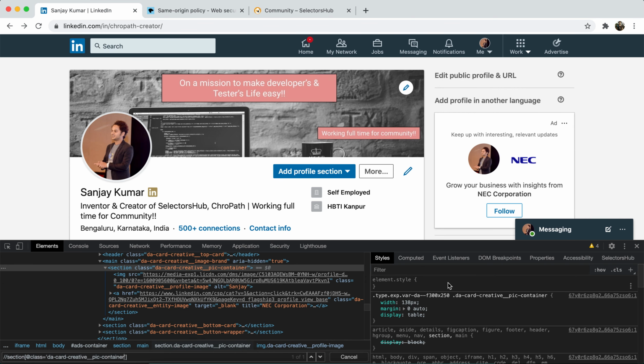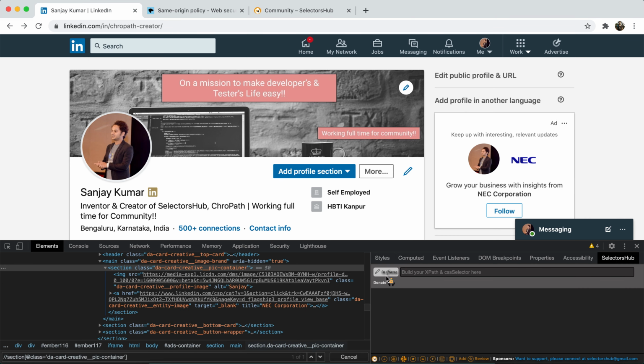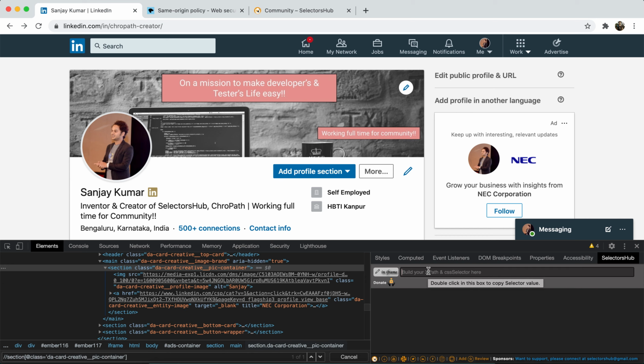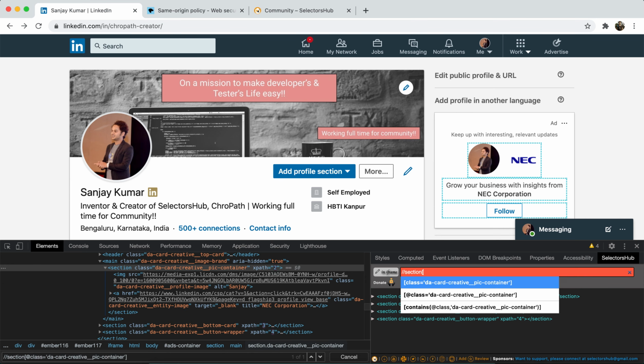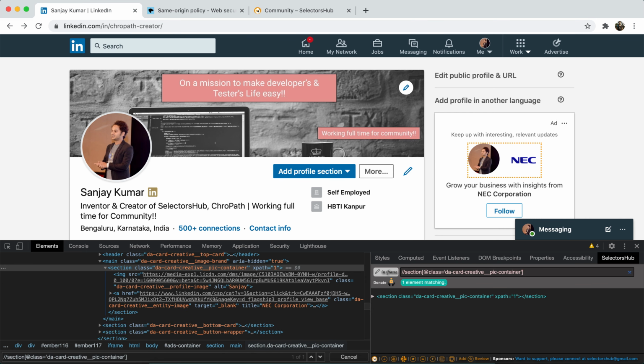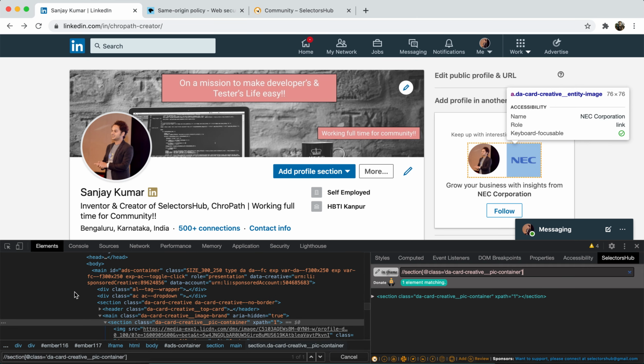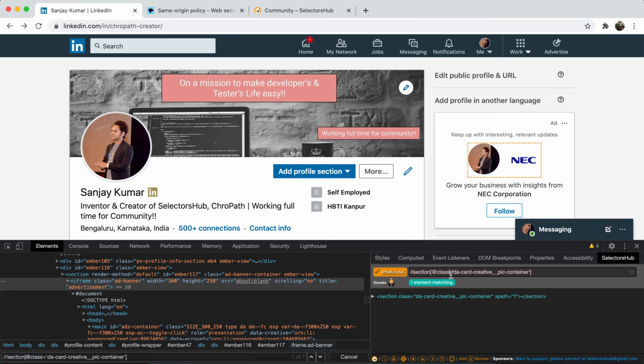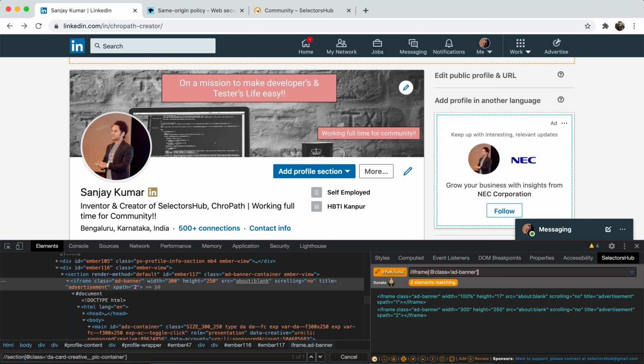Let's see how Selector Sub solves this problem. As soon as you open it, it will highlight that this element is inside an iframe, so you get to know that this is inside an iframe. Now what you have to do, see the section, same XPath, if we form it, how much time it will take, quickly, hardly 2-3 seconds. And this is your XPath for this element. And then for the iframe you have to write, just click on that and /iframe, and there you go.